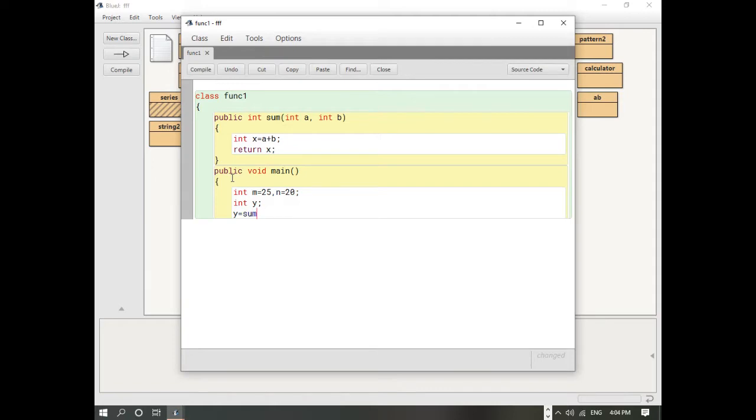So y equals to sum, and the arguments we need to pass over here, and then we write down System.out.println statement. Sum equal to plus y, because this variable y is storing the value computed by this sum function.